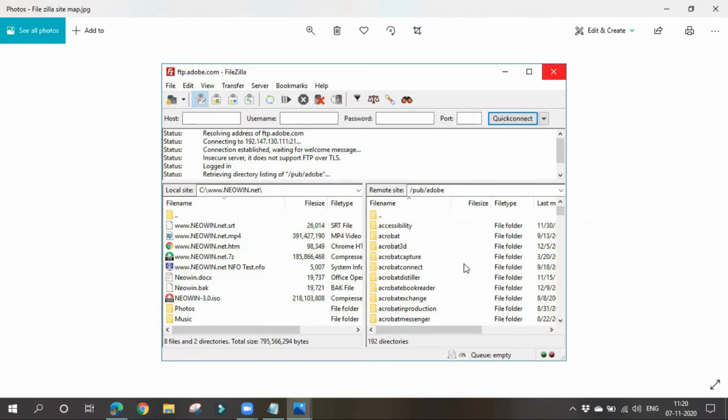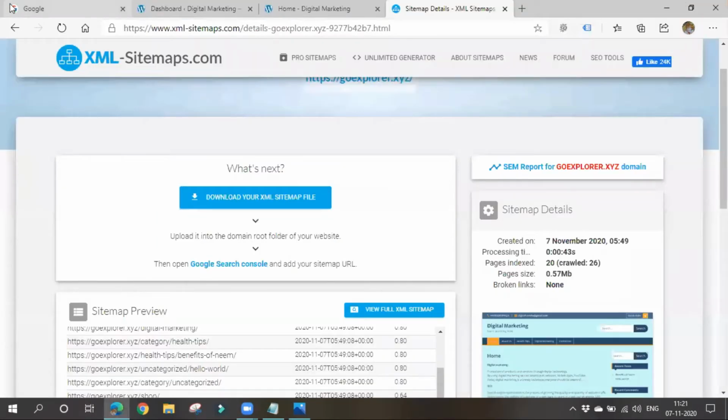So this method is applicable for people who are designing their website with the help of coding. If your website is made up of coding, then you can go for this kind of thing. Otherwise, if your website is made up of WordPress, there is no need to do this, no need to take this much stress. Everything is simple in the case of WordPress. Now let's go to WordPress.